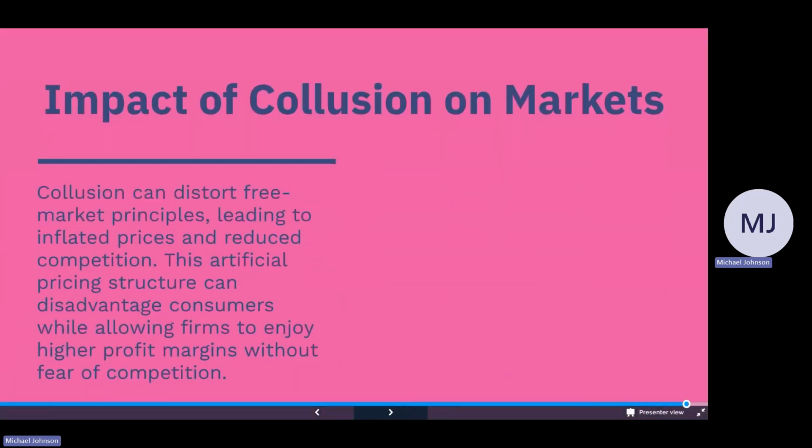Impact of collusion on markets. Collusion can distort free market principles, leading to inflated prices and reduced competition. This artificial pricing structure can disadvantage consumers while allowing firms to enjoy